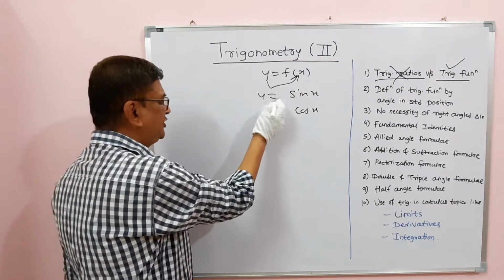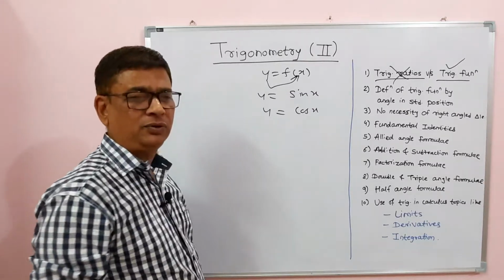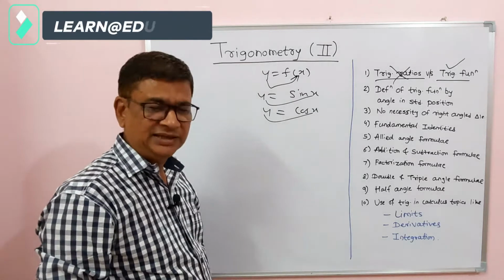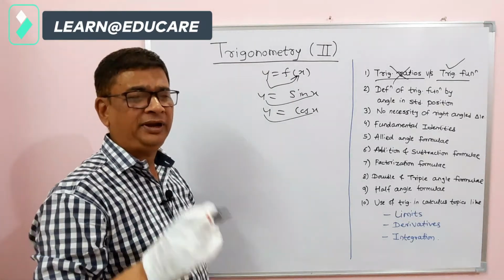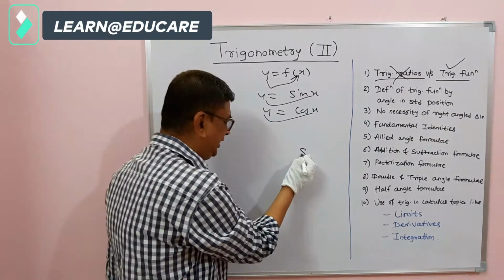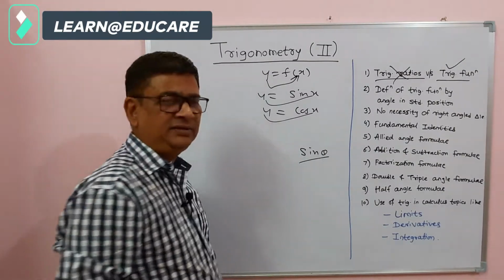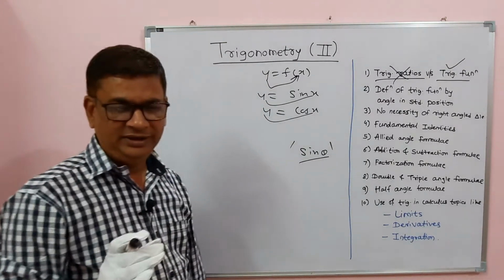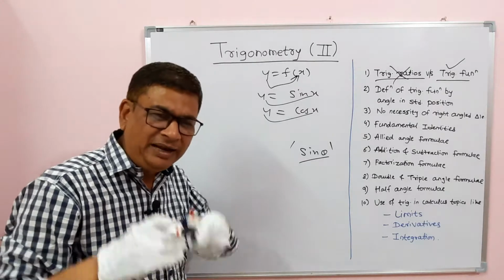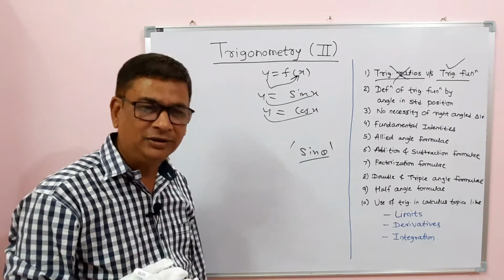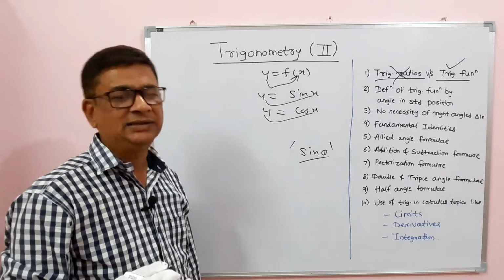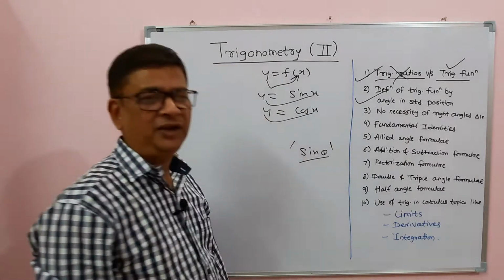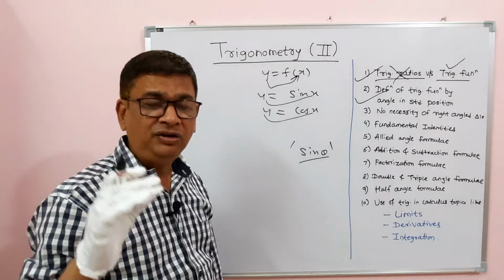Similarly, if you take y equal to sine x, y equal to cos x, here also y depends on x, and hence every trigonometric ratio is called a trigonometric function. Even if you take simply sine theta, it depends on theta and is itself a function. Dependence of one quantity on another in mathematics, especially calculus, is called a function. Then we now take the definition of each trigonometric function without a right angle triangle.